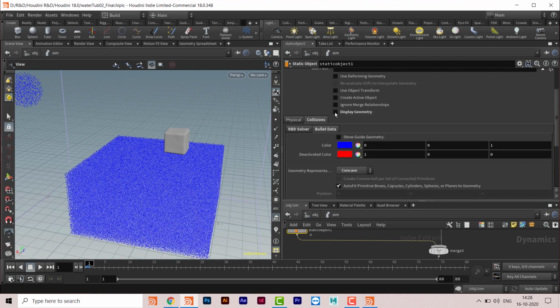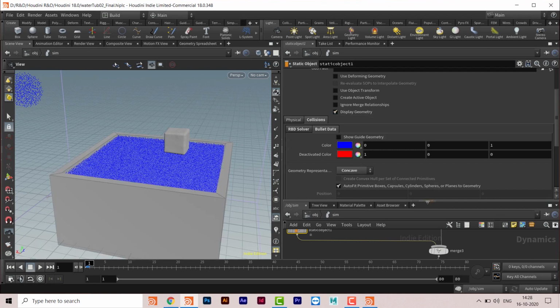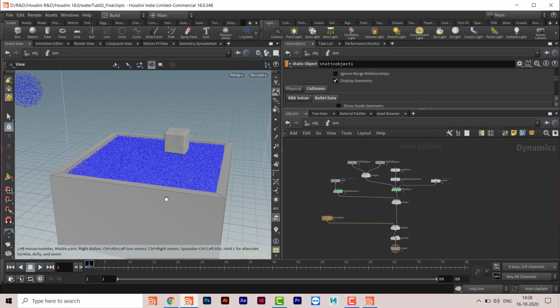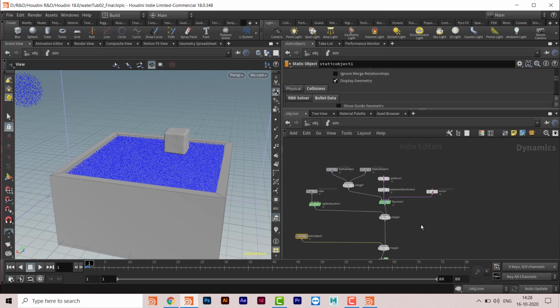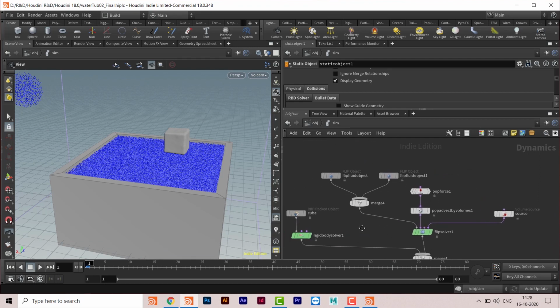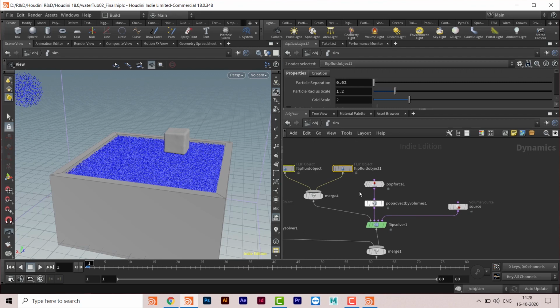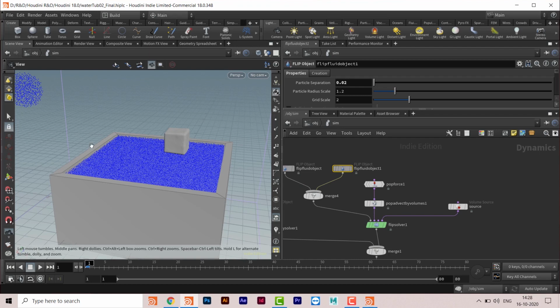So I will switch this off and turn display geometry on, and in this manner this is going to happen. Gravity is there too. The whole system is not big, but if you want to get this kind of simulation, where some objects are floating and one water is colliding with other water, then this is how. One water collides with the other water only because both objects are here. If they are not here, maybe some other solver is there, and if another solver is there, they are not going to interact with each other.